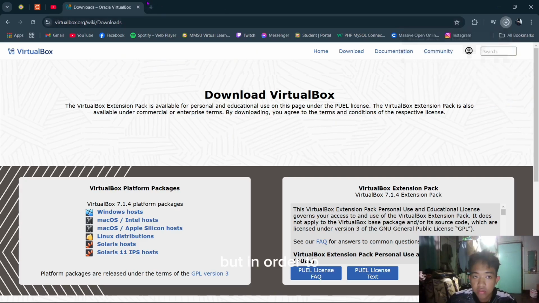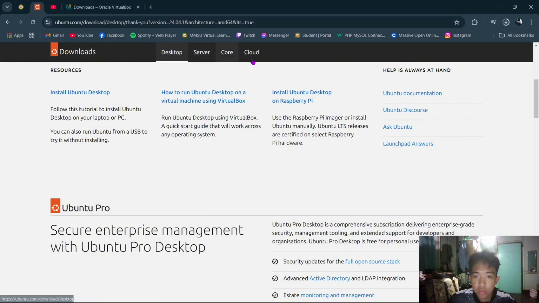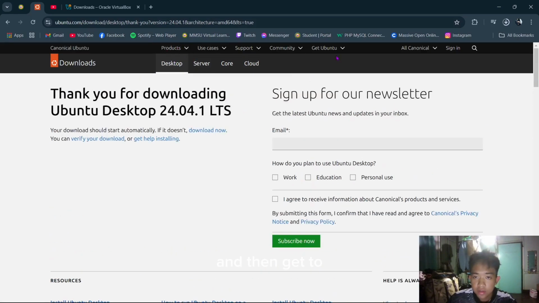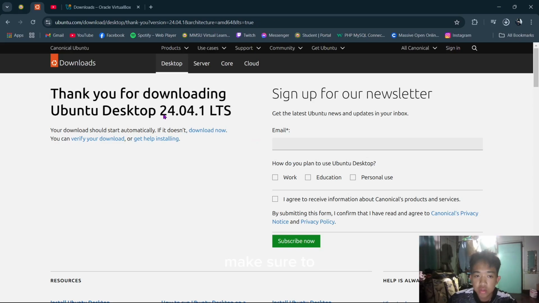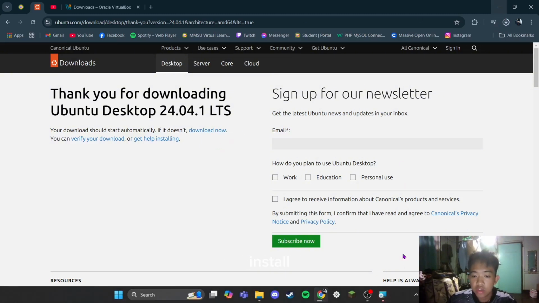But in order to find that, you're just gonna search ubuntu.com and then get Ubuntu, press that, download Ubuntu Desktop, and then just make sure to click the Ubuntu Desktop 24.04 LTS to use the latest version of the Ubuntu. And that's all. We're just gonna wait for it to install.